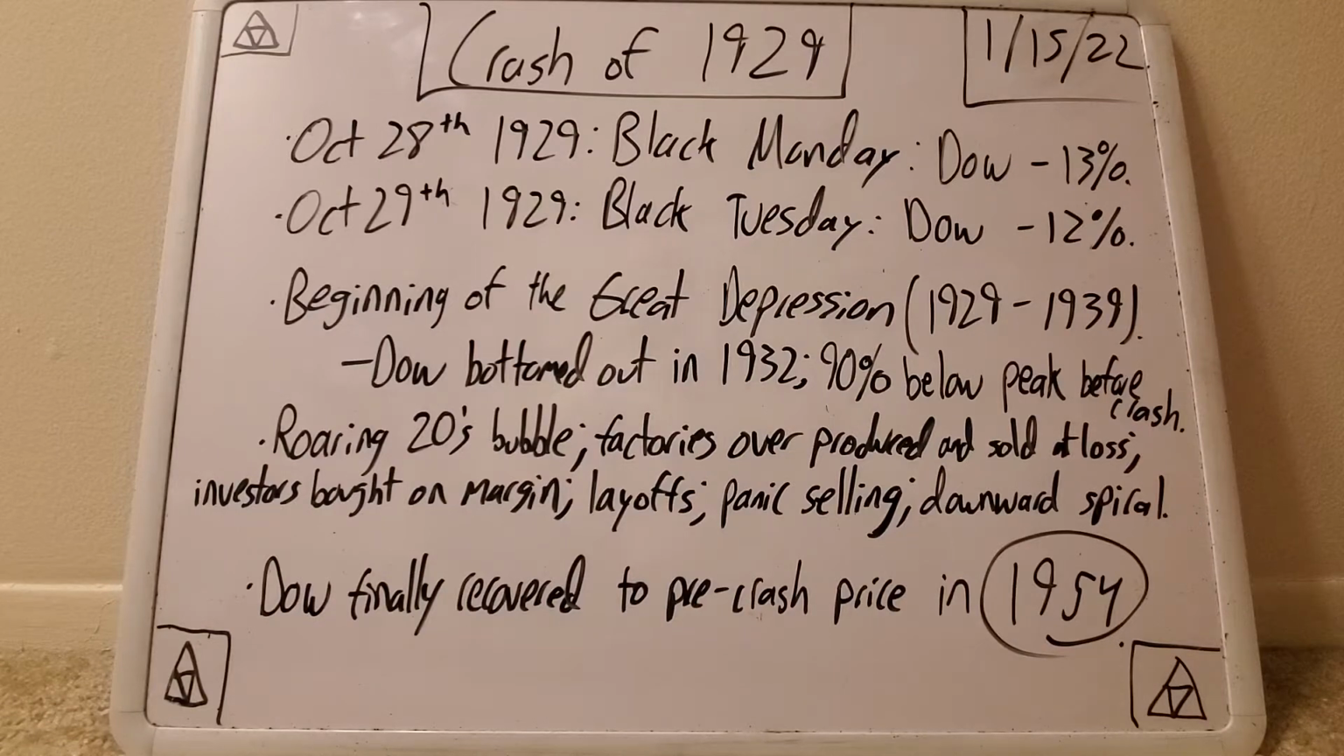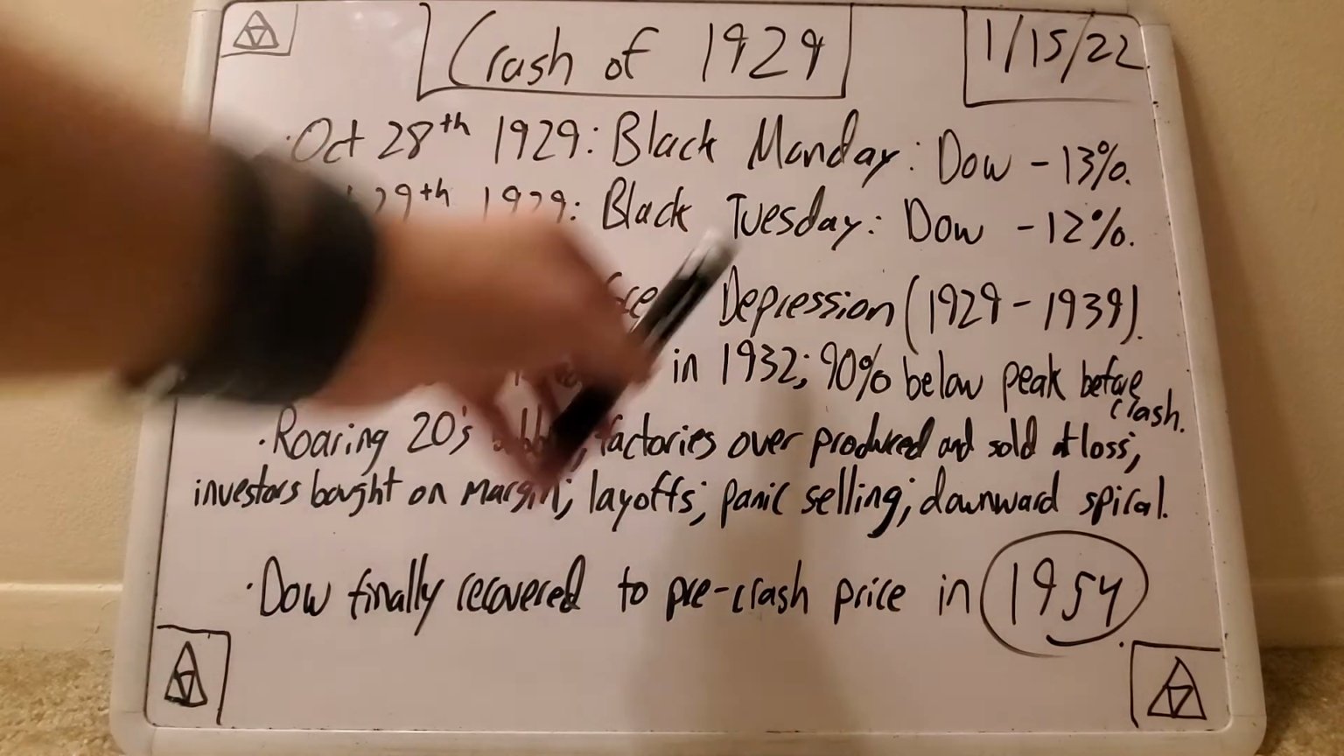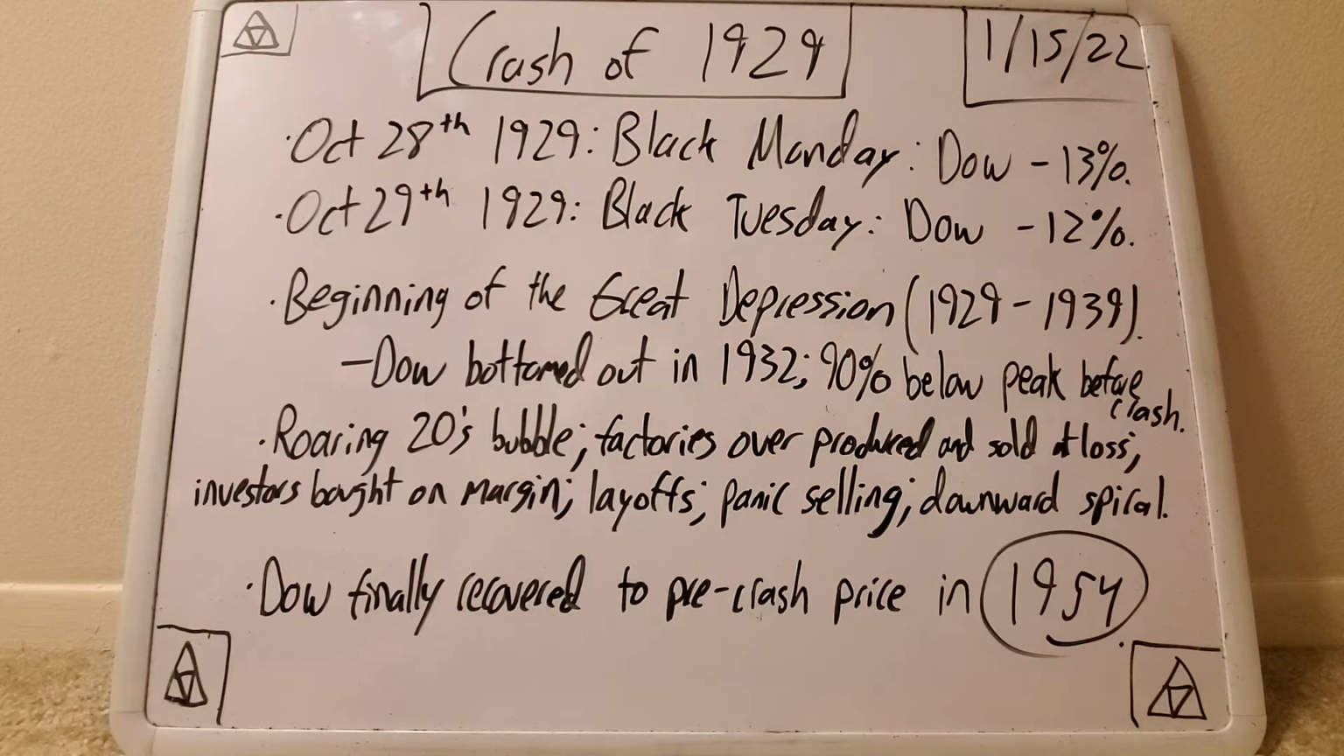Hello everyone, today I'm going to discuss the crash of 1929, and this starts out on October 28th of 1929, otherwise known as Black Monday, and on this day the Dow Jones Industrial Average dropped right around 13%. Then the following day, called Black Tuesday, Dow Jones dropped another 12%. So with these 2 days, the Dow dropped right around 25% in total, and this was what happened during the